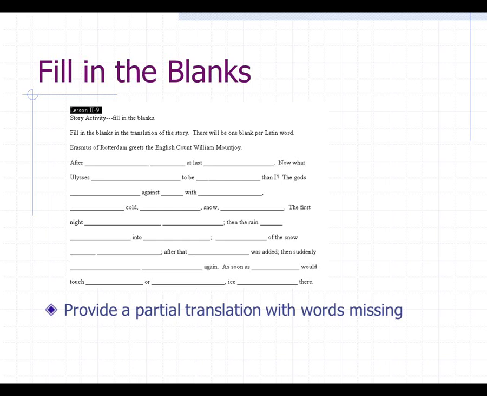I think back to one particularly terrible translation that I turned in college that I think the passage was supposed to be about a girl, and I made it about a horse race. And so needless to say, that didn't go very well. So having the framework kind of keeps them on track, but it still forces them to read the story carefully for both comprehension and grammatical understanding without totally having to make it up on their own.